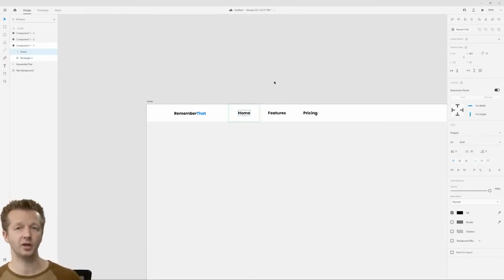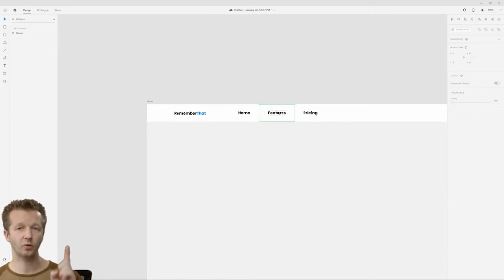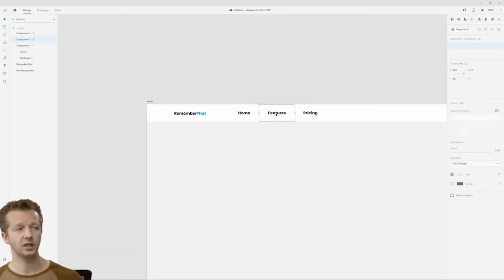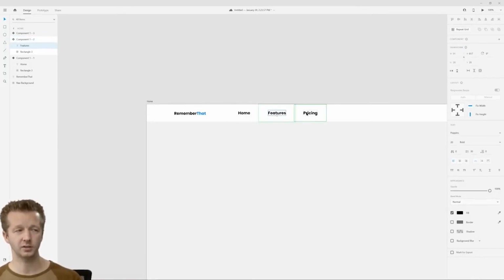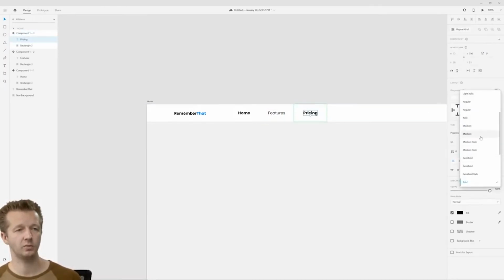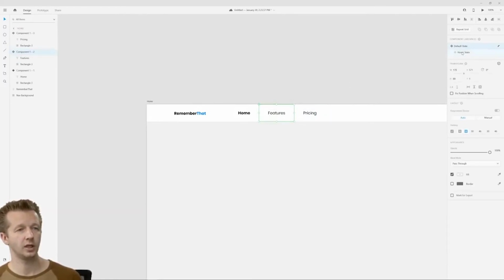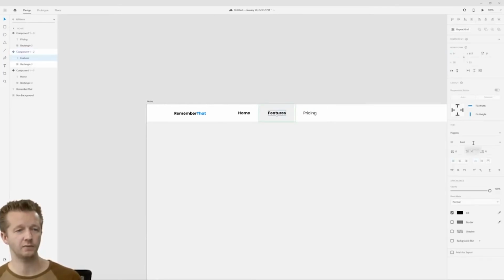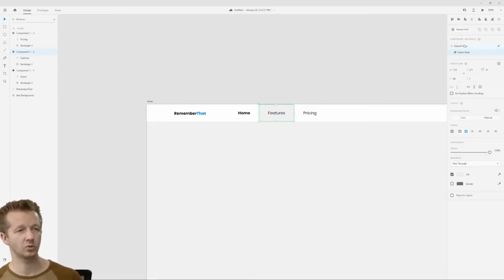Now that's going to change all the other ones, but guess what? We can override them. When we change properties in an instance of a component, it won't translate to any of the other ones. It'll just stay there on its own. So if we change this back to regular, and then change this back to regular as well, and make sure that everything else is where it should be, because now that also affected the change here on the hover state. So we go back here,